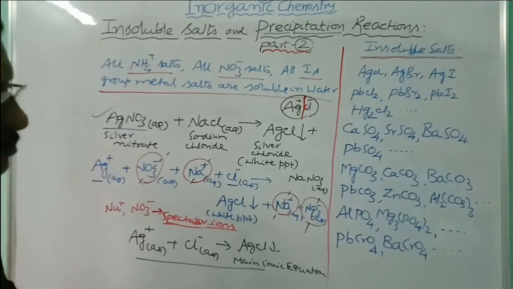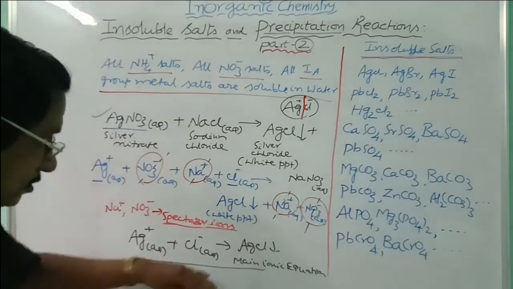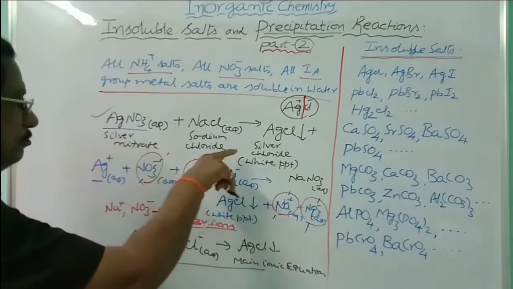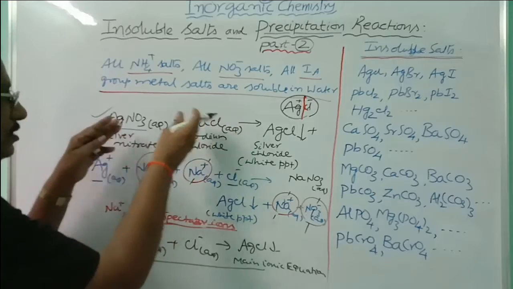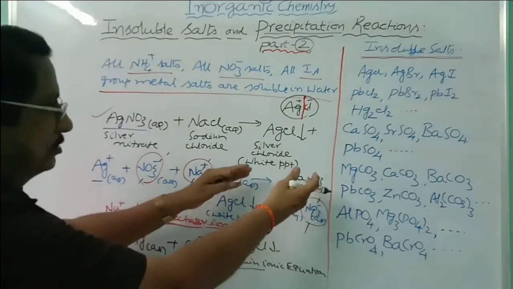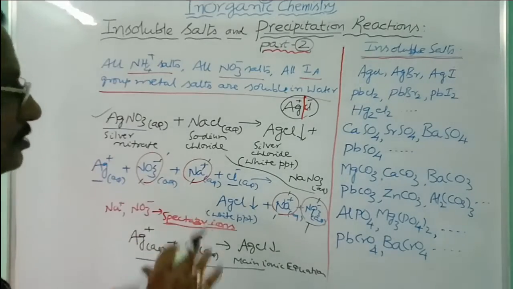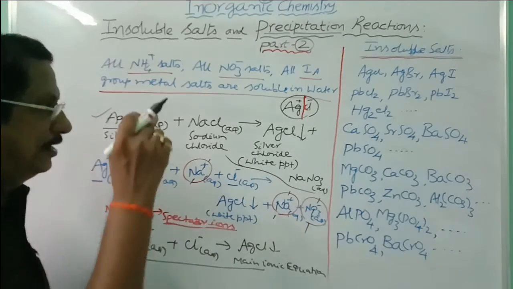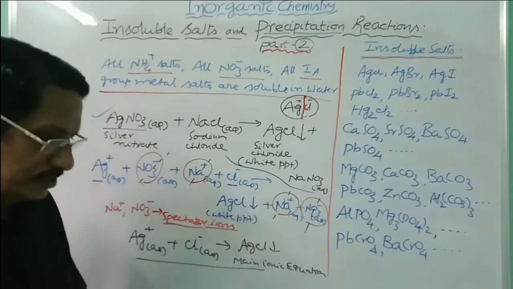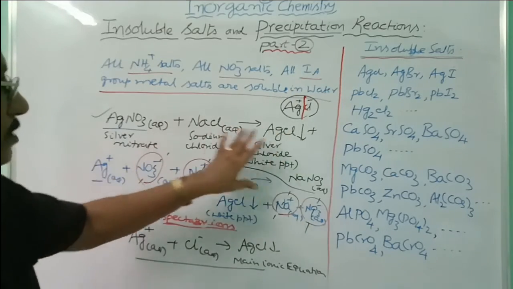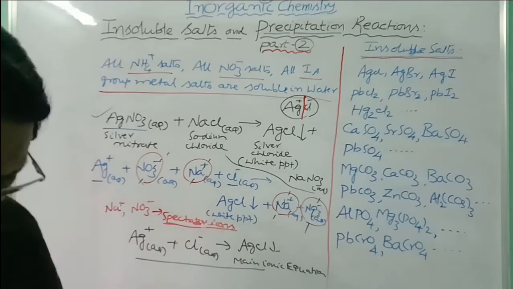What is going to happen? In future, this becomes more important. And at present, this is a double decomposition reaction, because on the left side 2 compounds are there, and on the right side 2 compounds are also there. So this is the double decomposition reaction, and a precipitate is obtained. This is the precipitation reaction. Silver chloride is a white precipitate. This is the equation you can develop. Please note it.